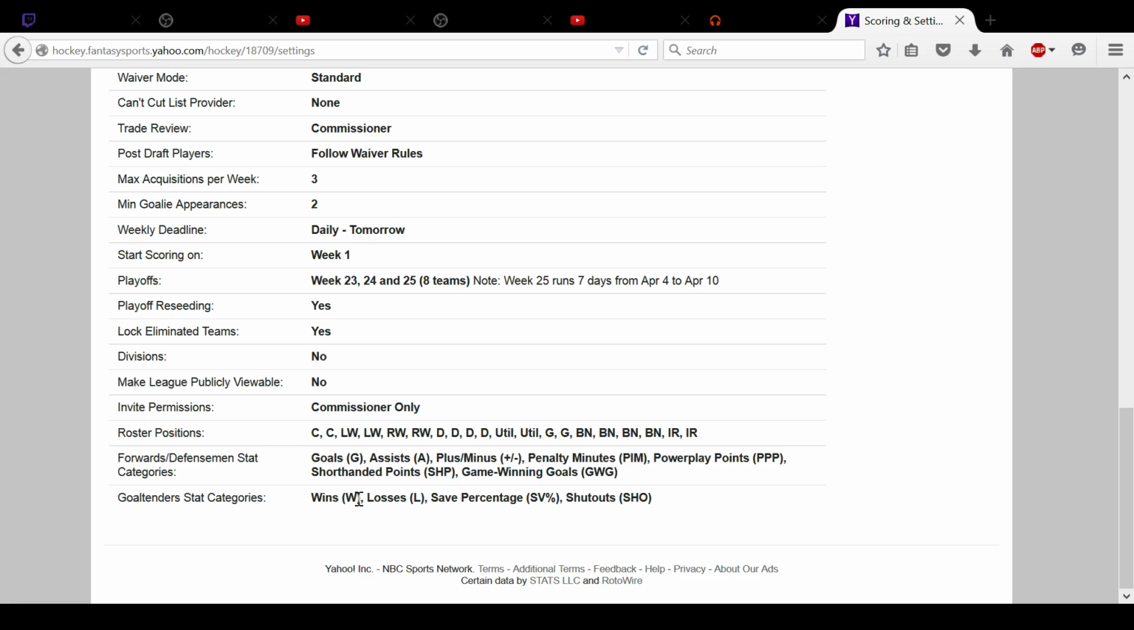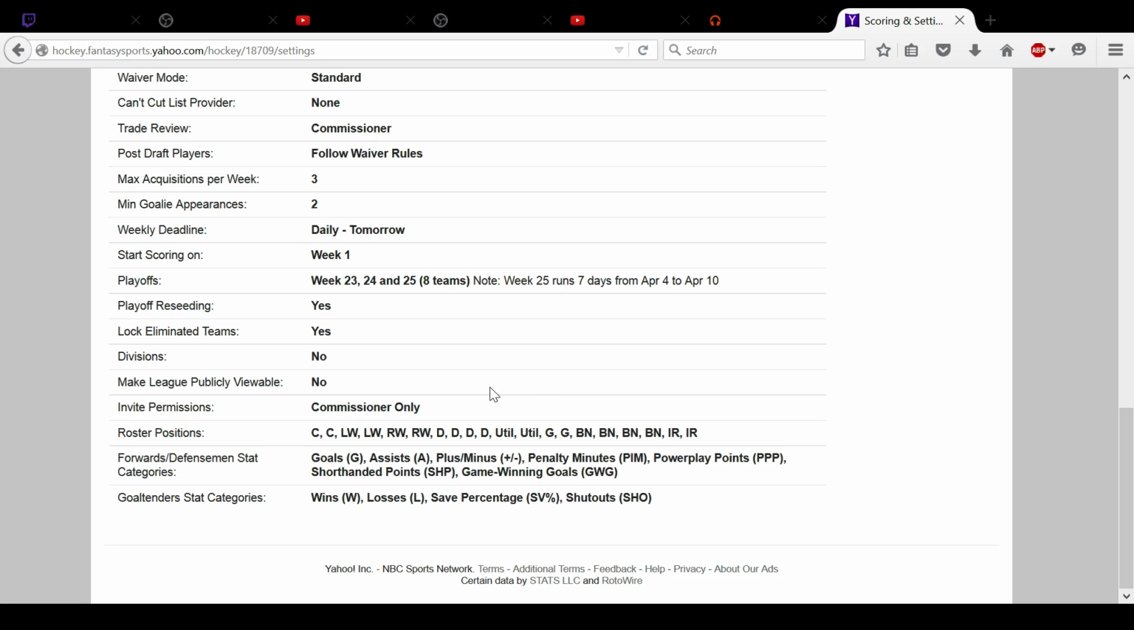Goaltender stat categories are also very, very important. So wins, losses, save percentage, and shutouts. We skipped a part there, let's go back. The forward categories are 1, 2, 3, 4, 5, 6, 7 versus 1, 2, 3, 4 goaltender categories. So if my math is right, goaltending makes up about 37% of the overall score or whatever,